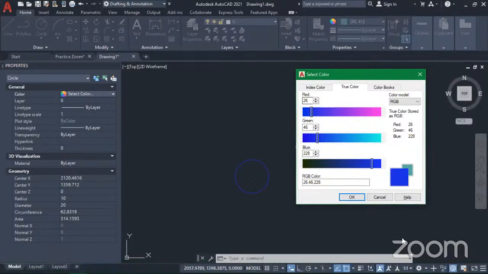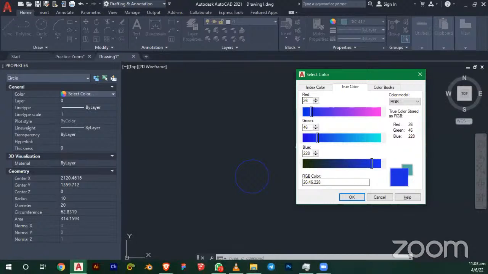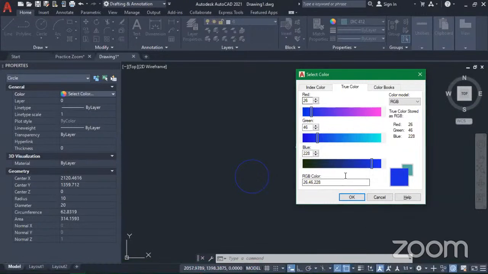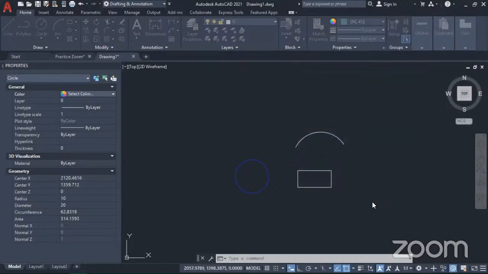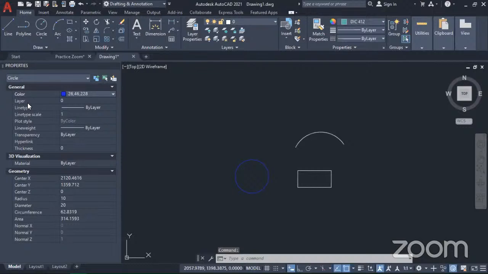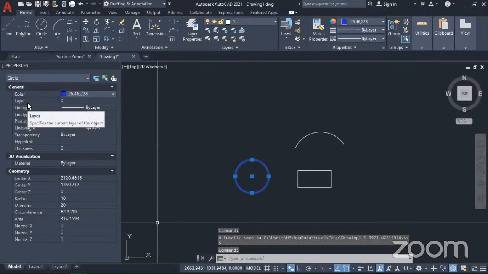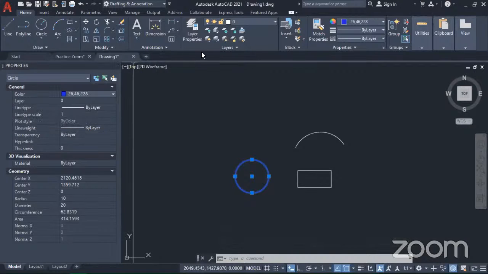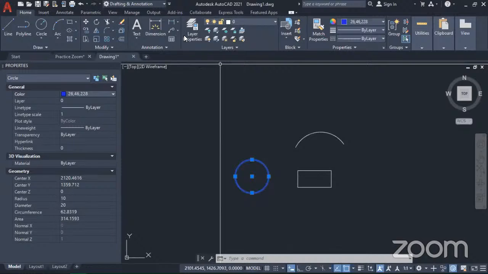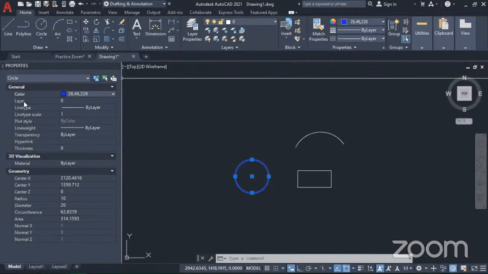Okay, now let's continue. So I'm just going to say that is all for the color section of that properties panel, and we're done with that. So we're going to the next one, which is layer. The layer, we're not going to be talking about layer today. There will be a special class for layers and how to manage your drawings. That will come under drawing management, and this is where we'll talk about the layer. So we're just going to skip the layer for now, and we'll go to the next one,